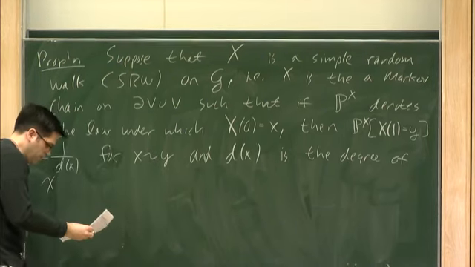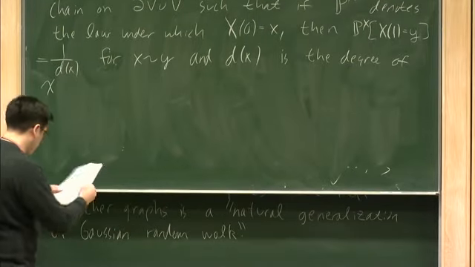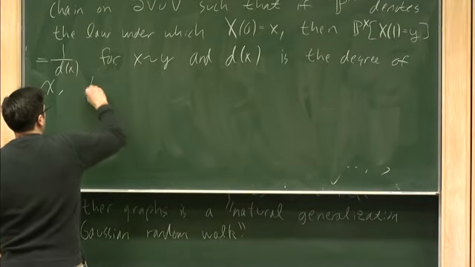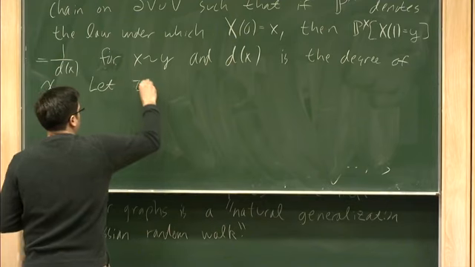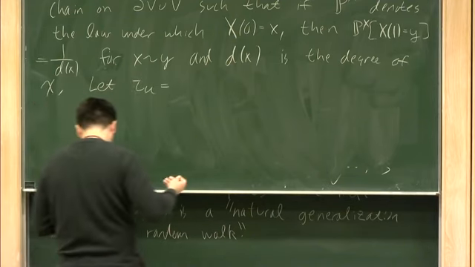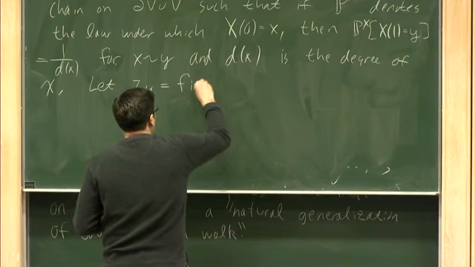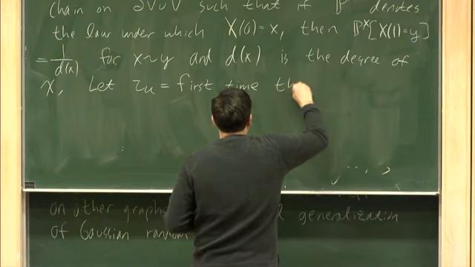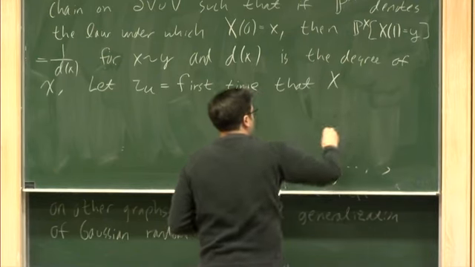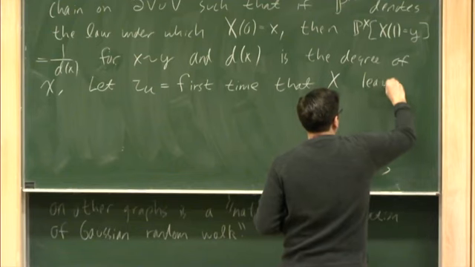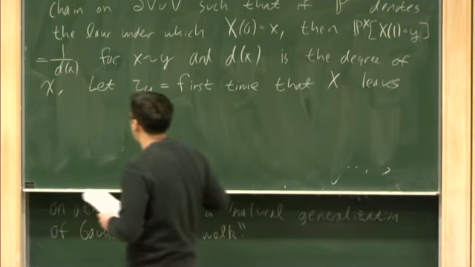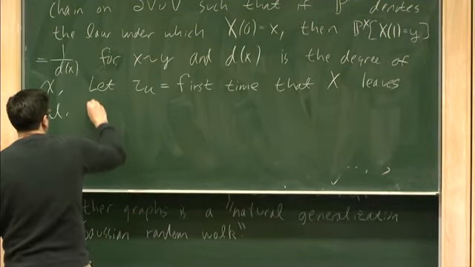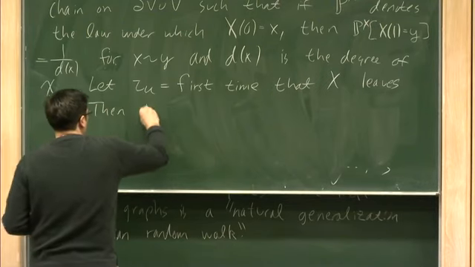Okay, so this is what a simple random walk is. And what I'm going to do is I'm going to let tau sub U be the first time that X leaves the set U. Then it's true that